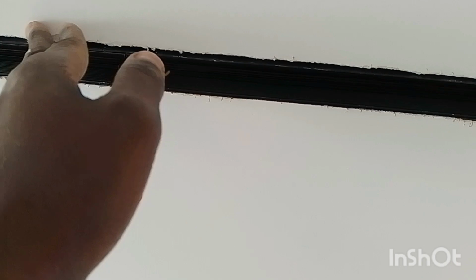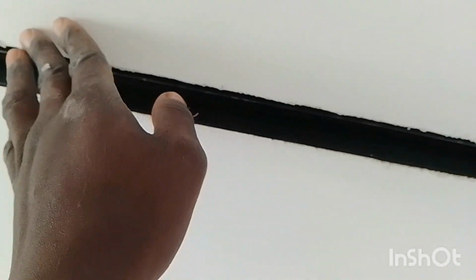Then our paint guys will come and fill the screws, which I will show you later. They'll fill the screws and do the skimming and paint so that the board comes out uniform. Then after that, our track will be intact and it can be there for many years. This is a new design of lights that is on the market right now. What you just need to do is change